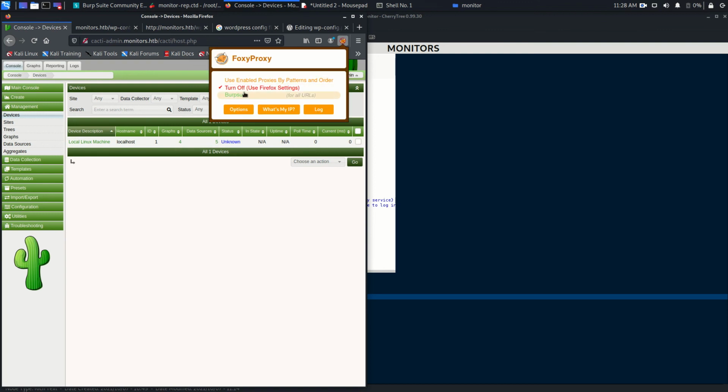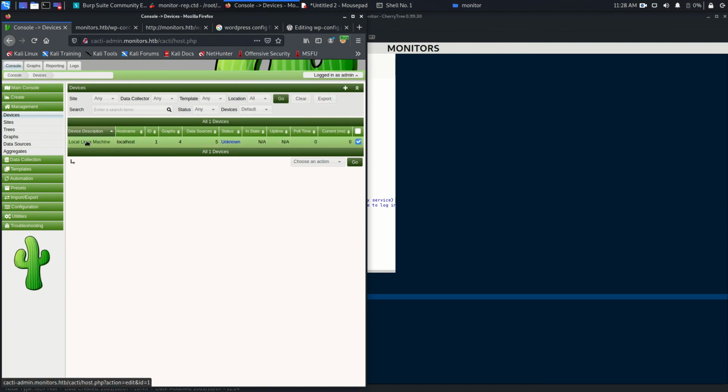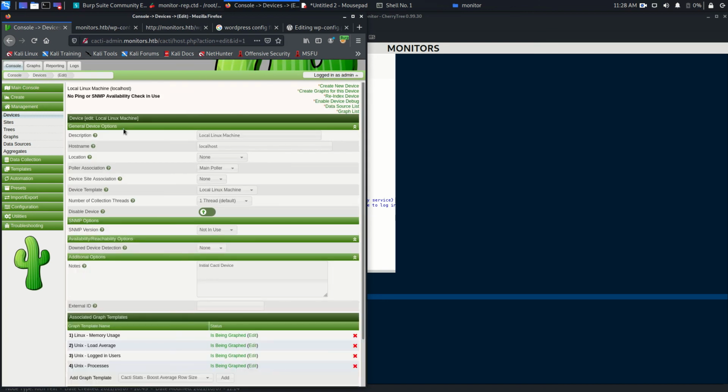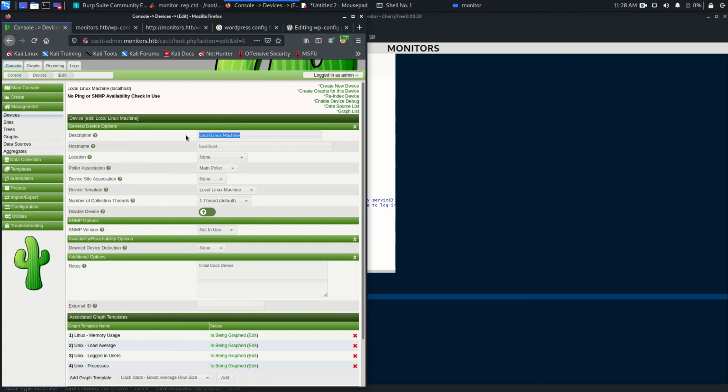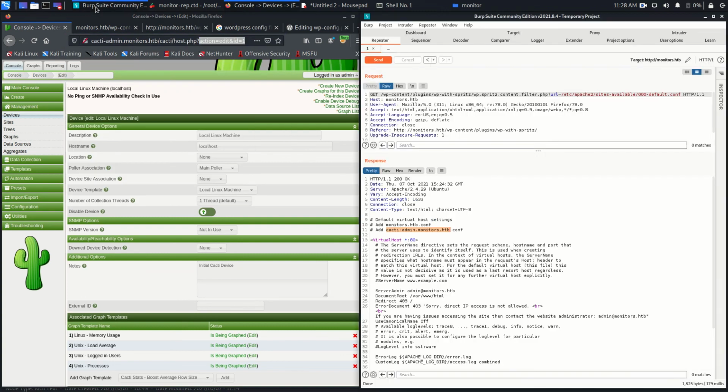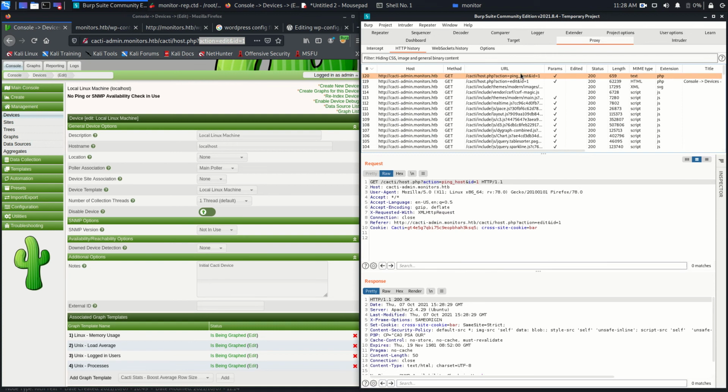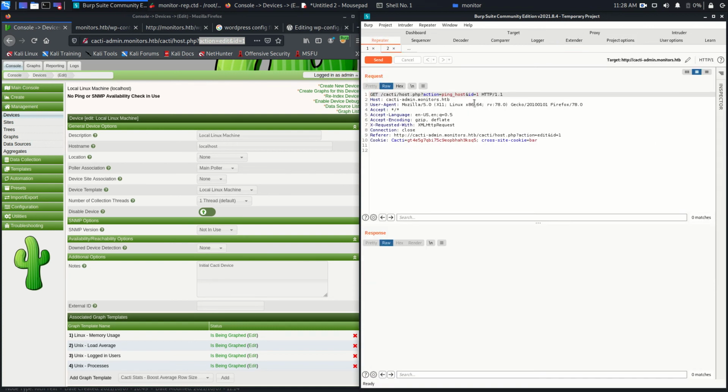Okay, I'm going to start Burp Suite. Local machine, fine, ID is equal to 1. And this machine seems like it's already added. Why did I open Burp Suite? Because this URL looks interesting to me, and I'm going to proxy. Where are you? Yeah, here, and this one. So I'm going to send this to the repeater, go to the repeater and just try. I want to try this,